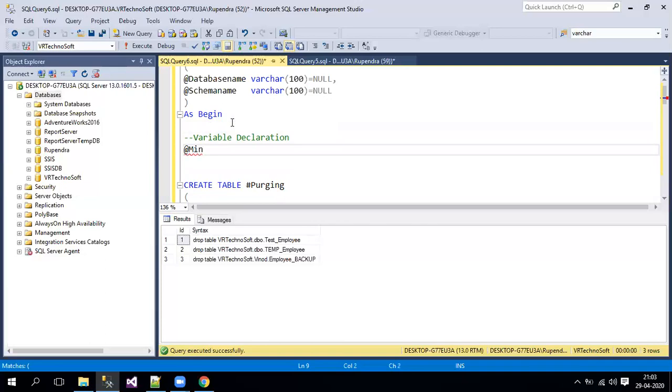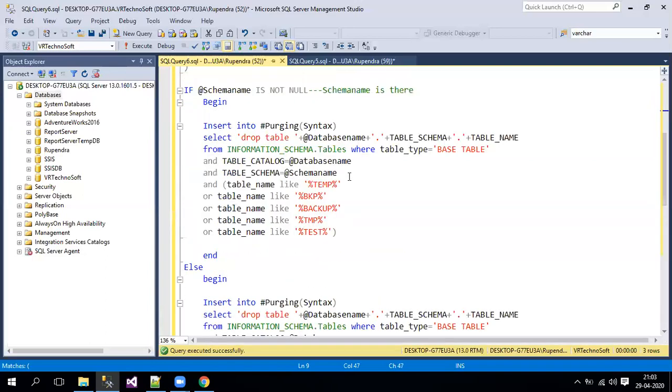We also need to mention the declare keyword before that, minimum integer, and then comma. I also require one more variable called at the rate of max integer, and one more variable, that is syntax. I'll tell you why exactly it requires 256. So these are the variables I required.